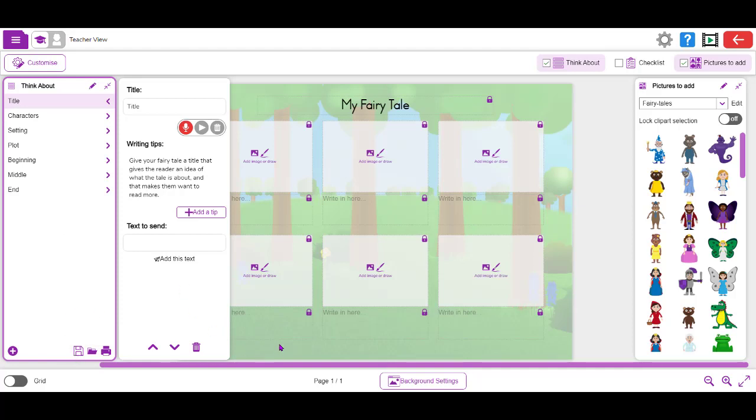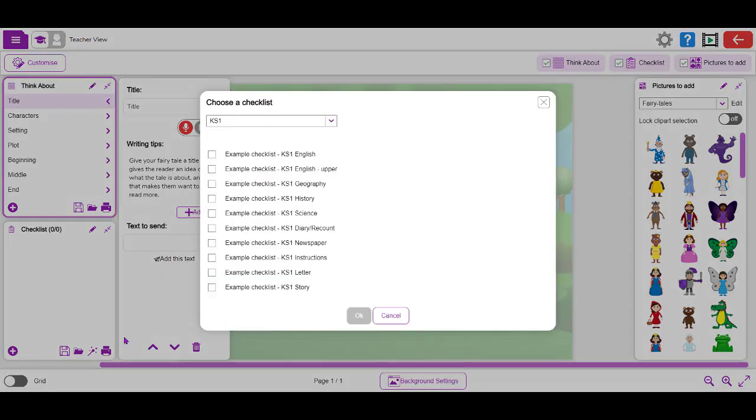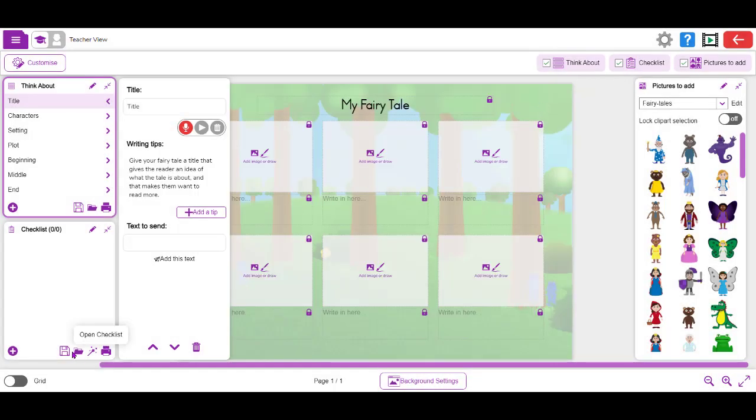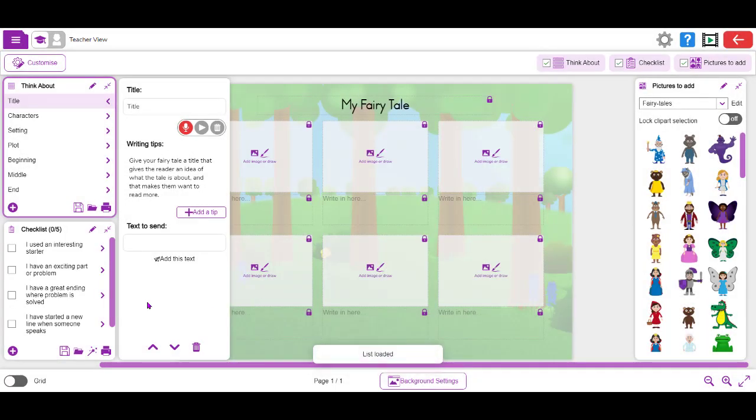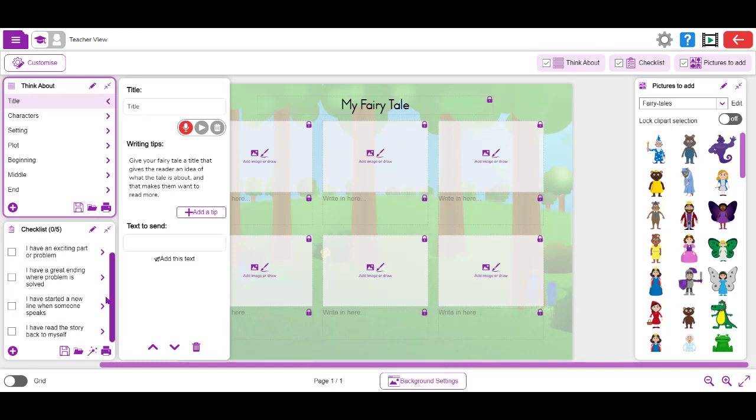Have you remembered to? Because there's key things that I'm working on when they're creating their stories. So if I go up to the top here, it says checklist, but there's nothing ticked here. So if I click tick, I can use ones that have already been created, or I can make my own. So I've already made my own, so I'm going to open a file. I'm going to find one that I've already made. There's my story checklist. Open, and can you see now I've got my little story checklist here